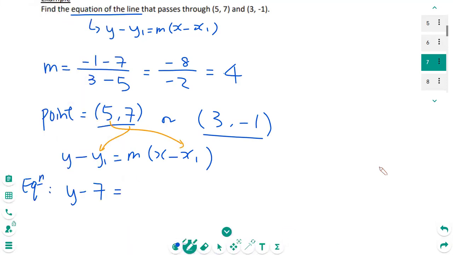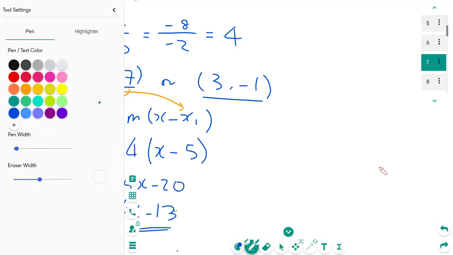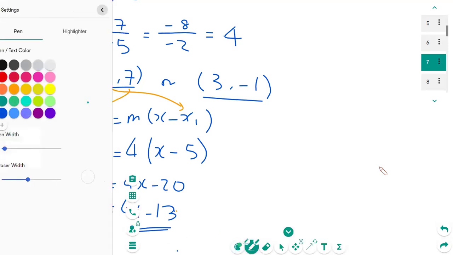Equals m, which is 4, times x minus x1. Then all you need to do is expand the bracket and rearrange it. So y minus 7 equals 4x minus 20 plus 7, which means 4x minus 13. That's the final answer. I can show you the other one as well if you're interested, using the other